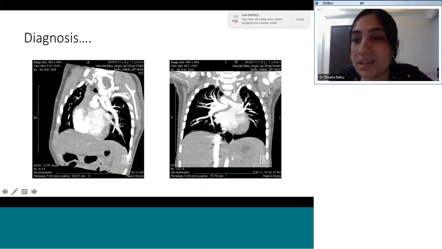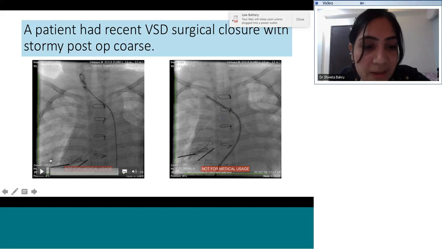They usually have minimal kind of presentations like some respiratory tract infection, but they are not as symptomatic as classical vascular rings. So they are often missed if echocardiography is not been done properly, like to see from where the left pulmonary artery is coming. So very good. That was left pulmonary artery sling.